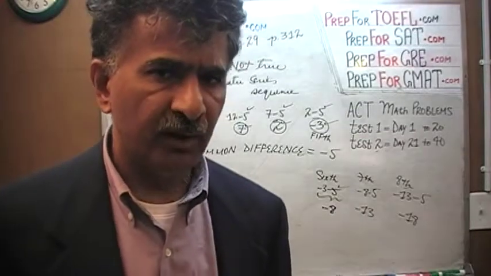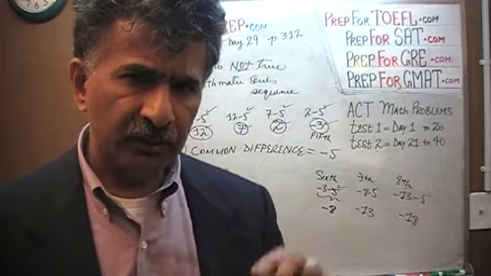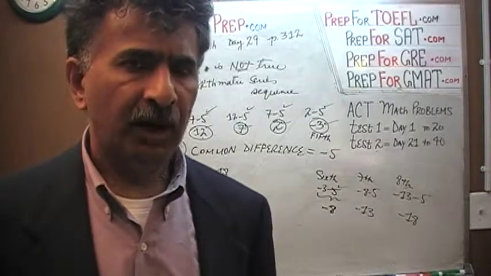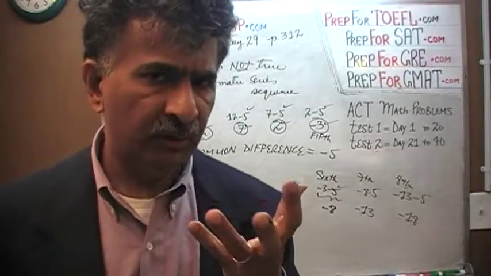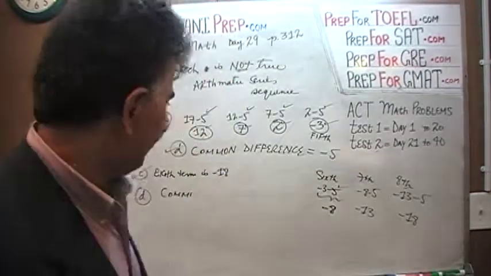You have to browse through the answer choices very quickly. Whenever they tell you which of the following is not true, take a very quick look, a very quick browse through it, and see if there is one odd man that stands out. That's what we're looking for. We're looking for an odd man out, something that is not true. If you look at the answer choice E,